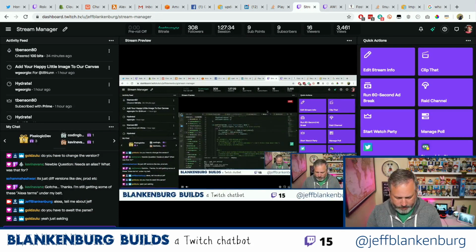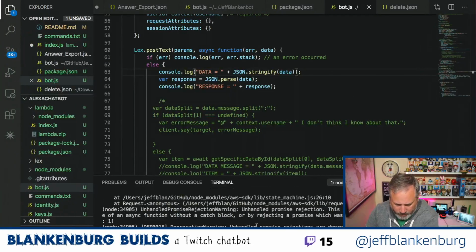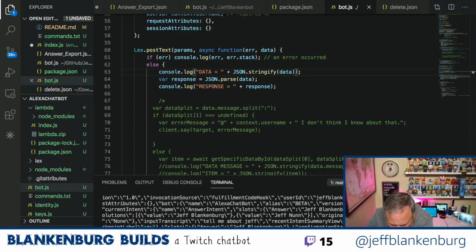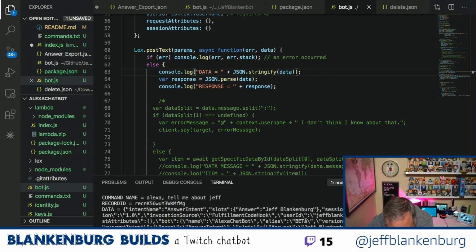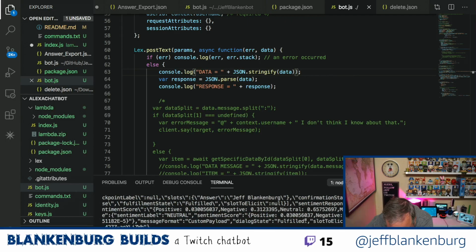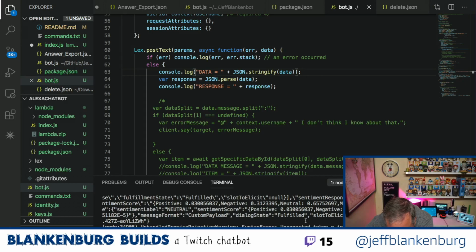Alexa, tell me about Jeff. Okay, so data looks exactly like what I would expect it to look like. Unexpected token O in JSON at position 1.